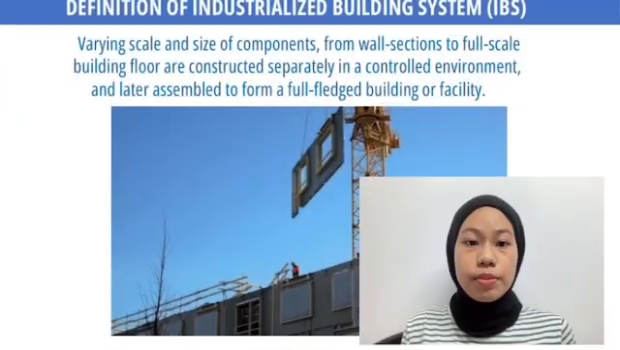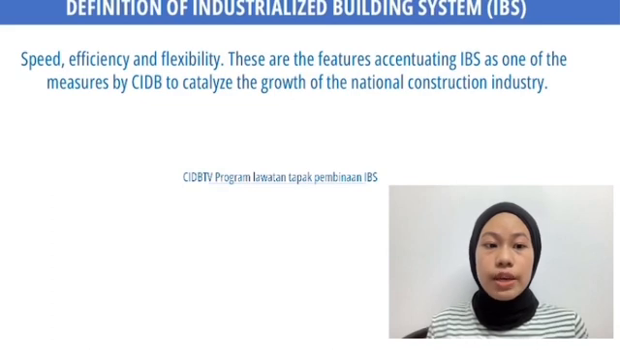Of industrialized building system (IBS). Varying scale and size of components from wall section to full-scale building floor are constructed separately in a controlled environment and later assembled to form a full-fledged building or facilities. Furthermore, speed, efficiency, and flexibility. They are the features accentuating IBS as one of the measures by CIDB to catalyze the growth of the national